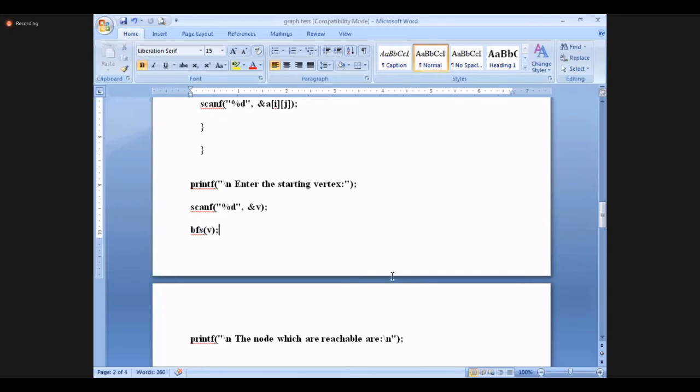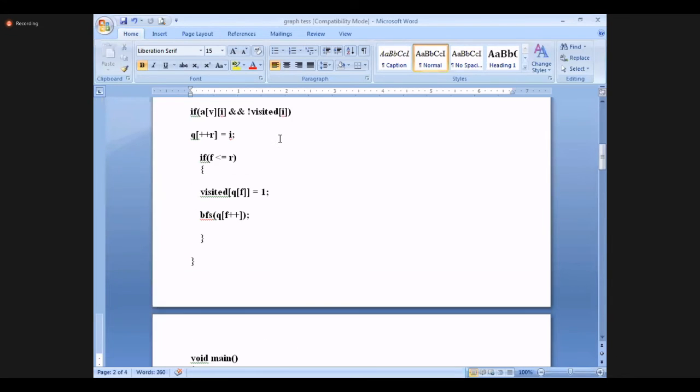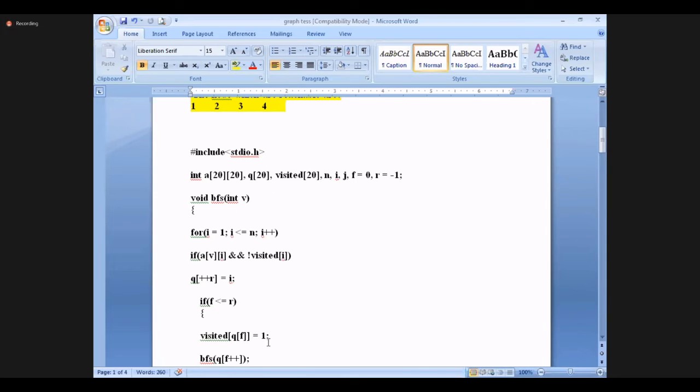So in the if condition, when you are visiting the nodes, from 0 to 1 you visited, 0 to 4 you visited. After coming to the 1, that means 0 to 1, 1 is there. That means a connection is there. So now the second time, from 1, there are 2, 3, 4.